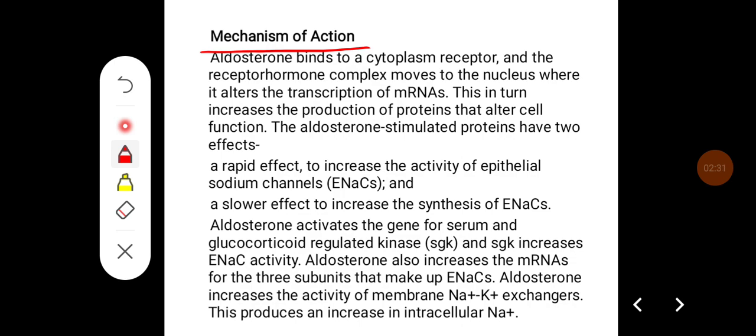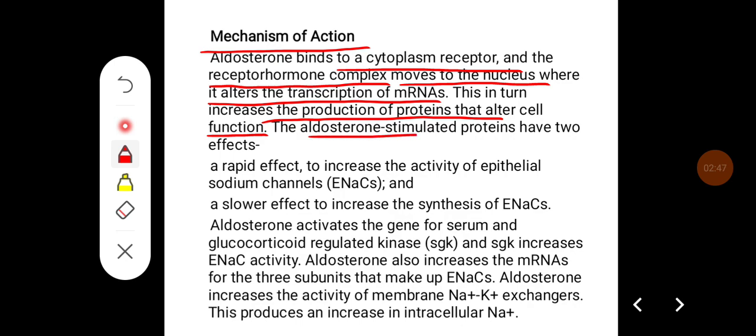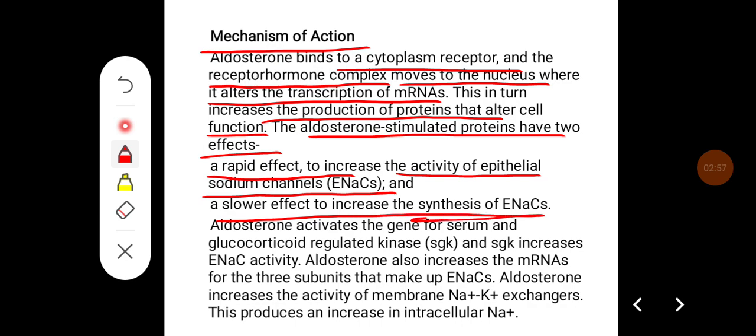Mechanism of action of aldosterone. Aldosterone binds to cytoplasmic receptors, and this receptor-hormone complex moves to the nucleus where it alters the transcription of mRNAs. This in turn increases the production of proteins that alter cell function. The aldosterone-stimulated proteins have two effects: an initial rapid effect to increase the activity of epithelial sodium channels, and a slower effect to increase the synthesis of